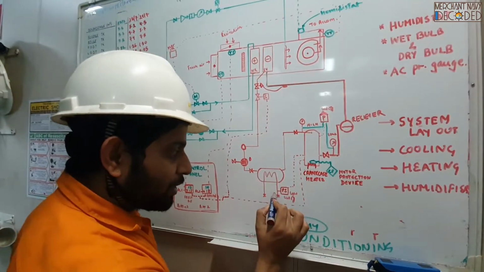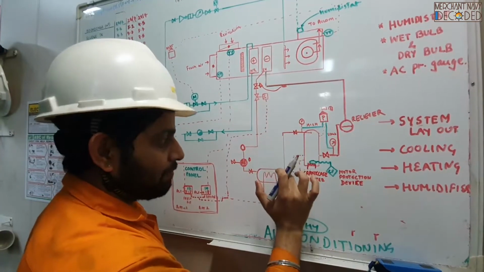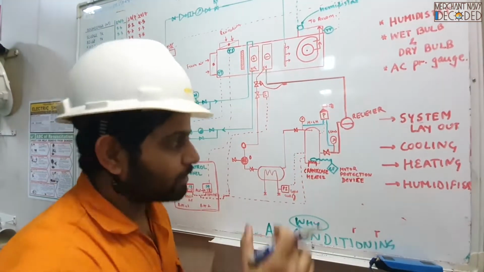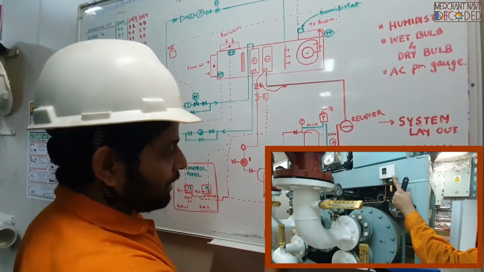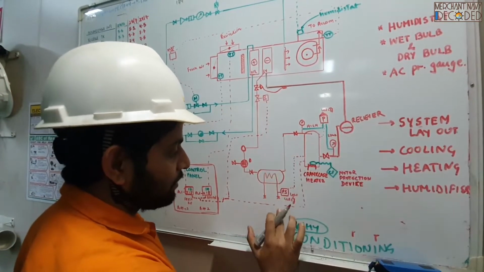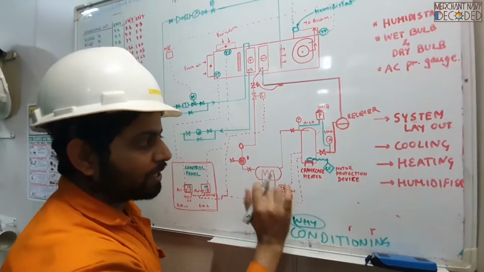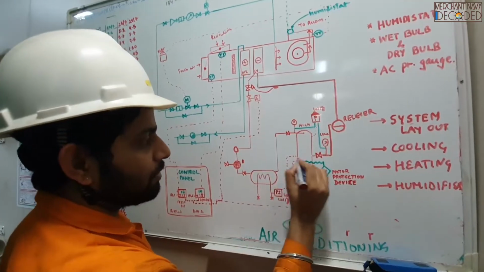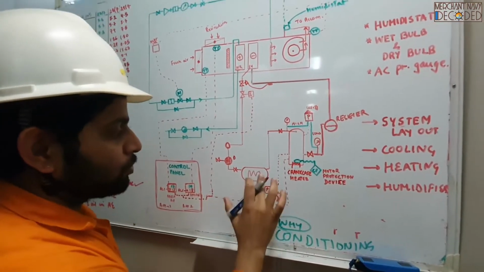So we want to ensure that cooling water is always going into the condenser for cooling the gas, which is in vapor state, to make it liquid over here, right? So if the cooling water supply fails, this pressure switch says, there is no cooling water, don't send the refrigerant over here. Immediately it stops the compressor motor and gives an alarm. Boom, alarm, and compressor stops. So again a safety over here.